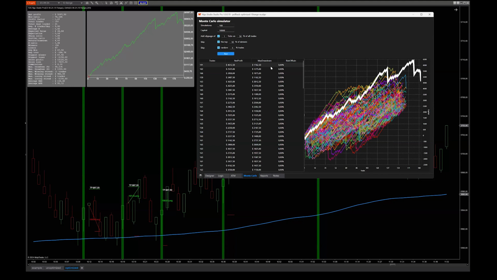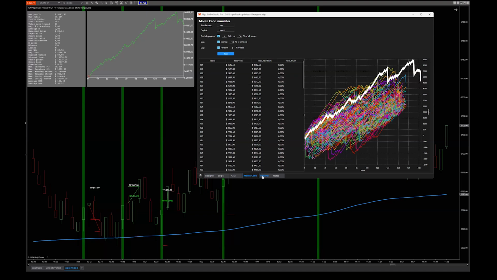As you can see, this algo is holding up pretty nicely, but if you start developing your own algos, you will see that many algos will not be as robust, and will start to perform badly. That's of course not nice to see, but it's also good to see, because you don't want to discover that when you're trading with your live money. So that's why the Monte Carlo simulator is very helpful.